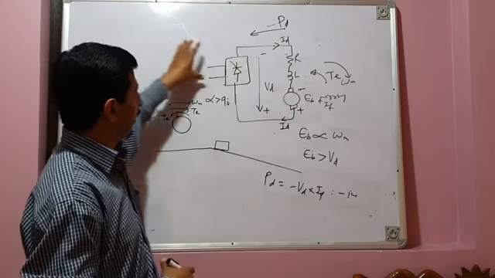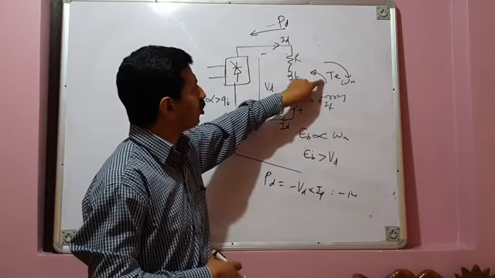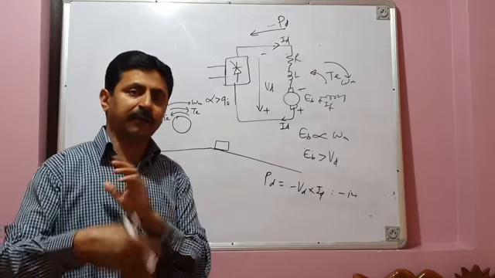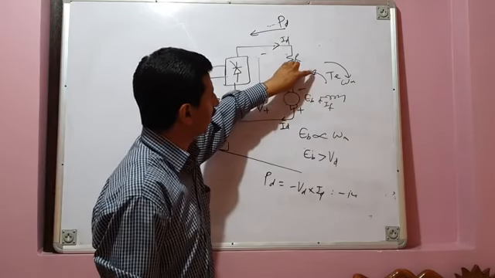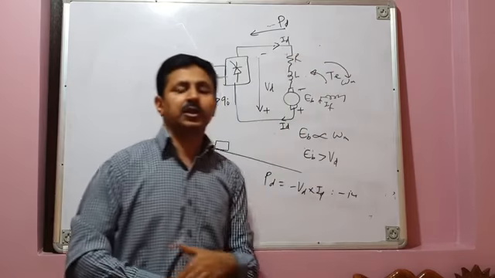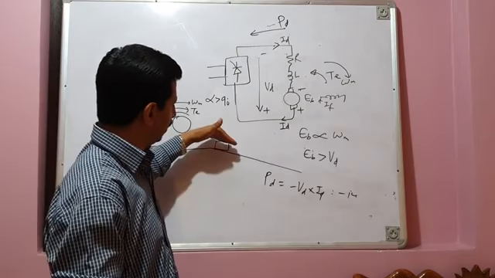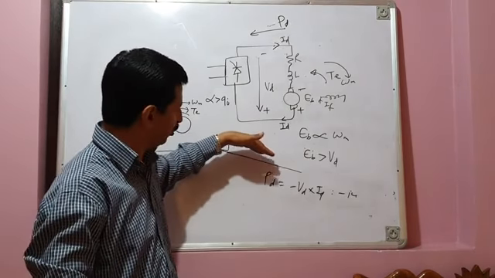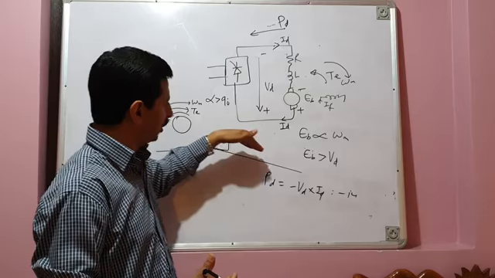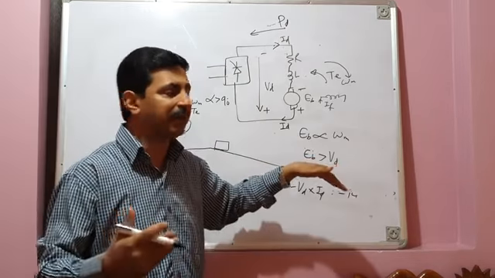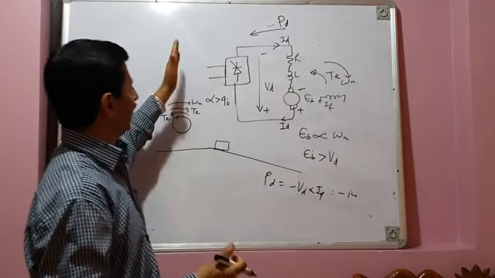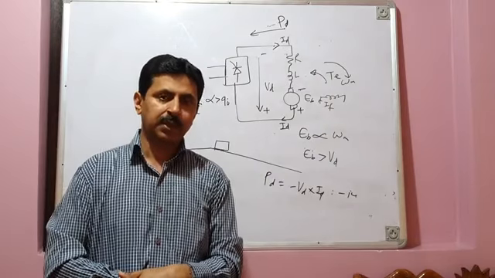As a generator, it is supplying energy back to the source, and the electromagnetic torque developed by the machine as a generator is opposite to that developed as a motor. So the direction of electromagnetic torque reverses and it opposes the motion or speed. Therefore it acts as a braking torque, and your vehicle doesn't overspeed. It goes down the gradient slowly. The advantage is, number one, you are not allowing your vehicle to overspeed. And number two, whatever energy you are generating, you are not wasting, you are supplying that energy back to the source.